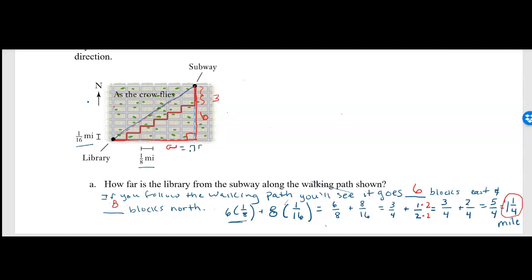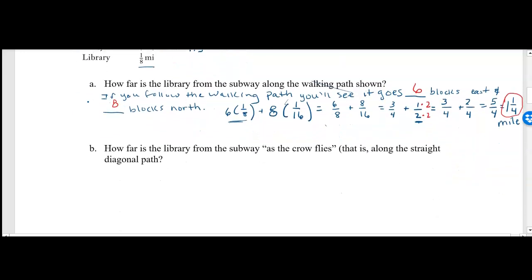Or let's do decimals this time. So we're going to do it one way with fractions, and now let's do part B with decimals. You just use both, get some practice in. The north walk, what did we say that was? We said that was over here. That was 1/2, or 0.5. So we have 0.75 and we have 0.5 for the distance. So 1/2 a mile and 3/4 of a mile. Well, that means we're ready. We've got A and B. We're going to go down here